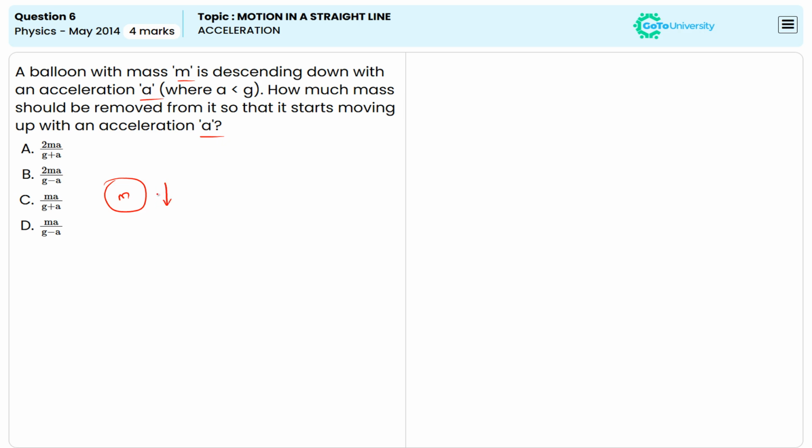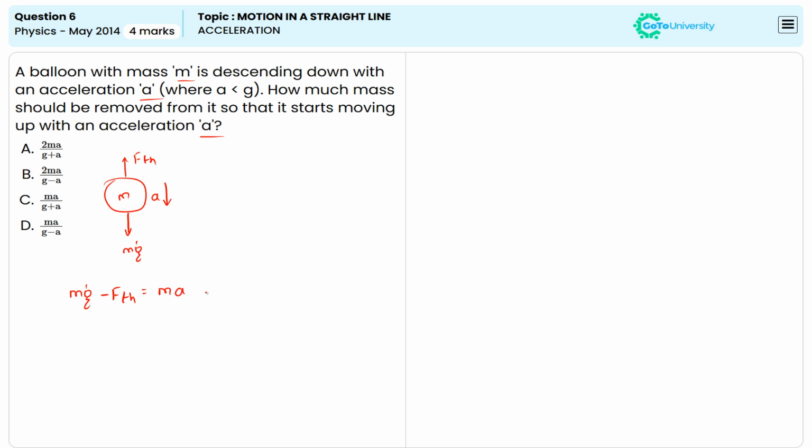Basically, it's moving downwards with the acceleration a. When it is moving downwards, the upwards thrust force, that is F_TH, and the downward force, it is m into g. Then we can write this as mg minus F_TH is equal to mass into acceleration, that is